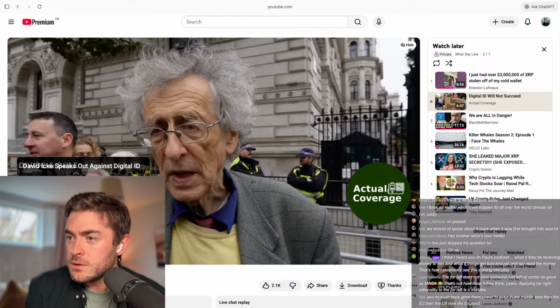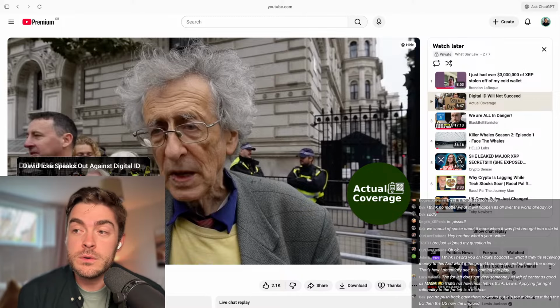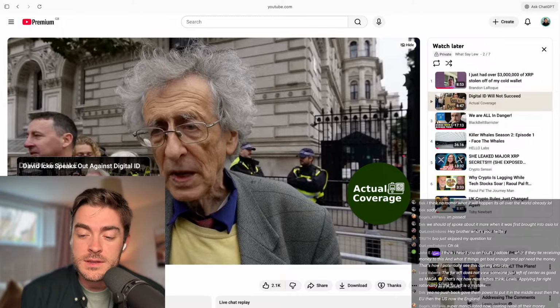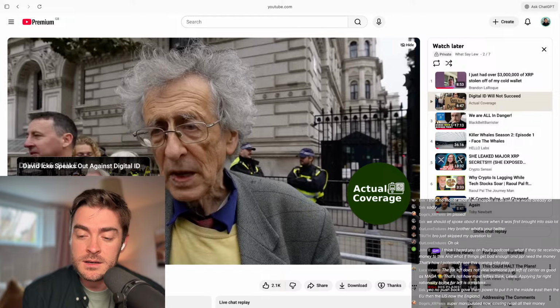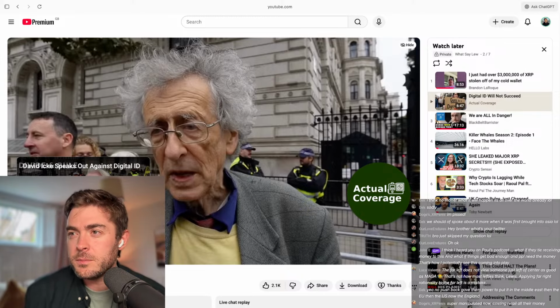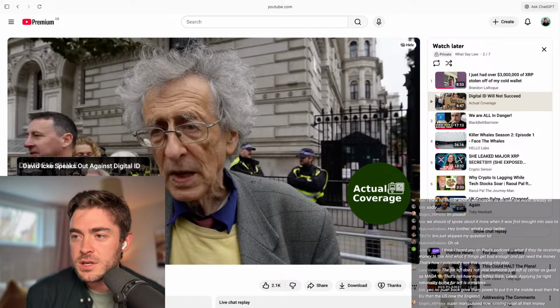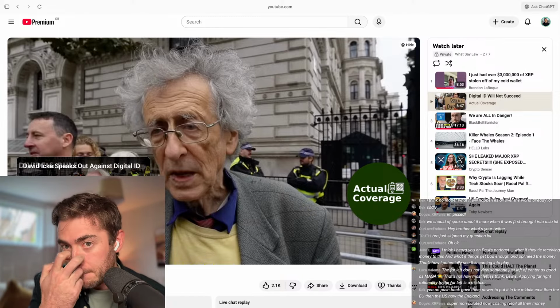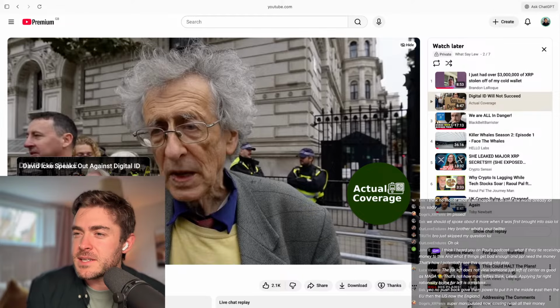What if they tie receiving this money? Yeah, so John, that's kind of where I fall. I think the angle that they will take to get digital ID in for the majority is some form of reward system that is financial, and the economy would probably be in such a bad position that the financial incentive is just enough to push most people over the edge. That would make sense to me.